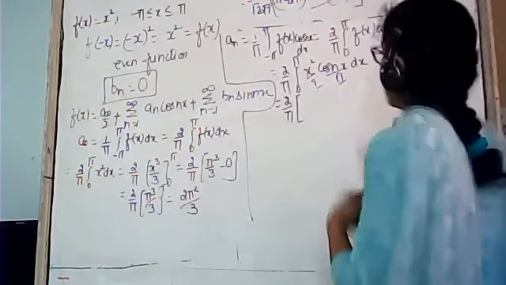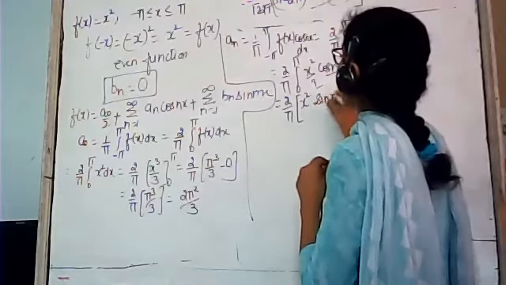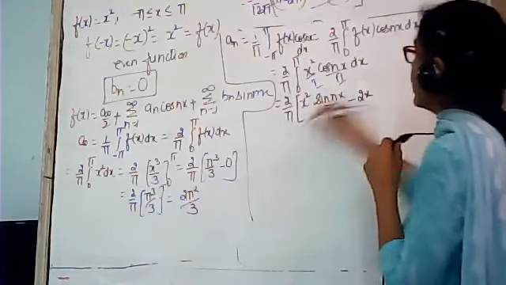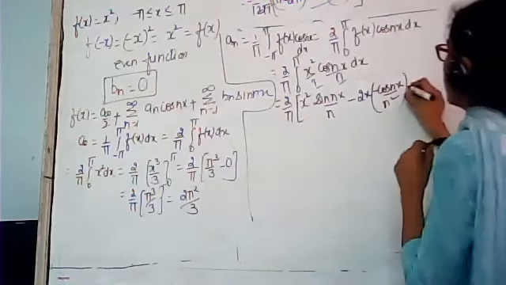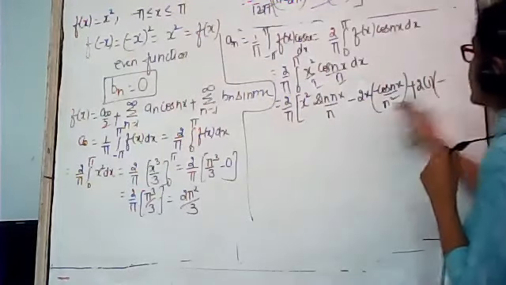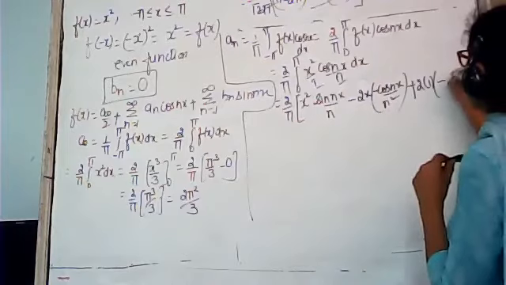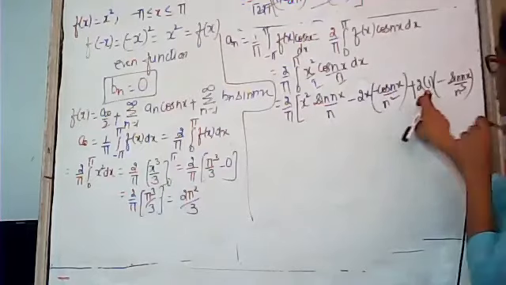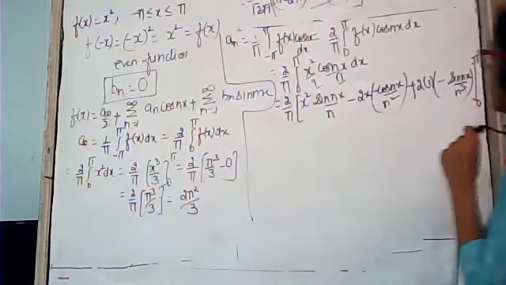So this is equal to first function as it is, x square, integration of cos nx is sin nx upon n, minus, differentiation of x square is 2x, integration of sin nx is minus cos nx upon n square. Then positive sign, 2 as it is, differentiation of x is 1. This negative sign as it is, integration of cos nx is sin nx upon n cube. After that, its differentiation will become 0. So I'm not writing that term, and the limits are from 0 to pi.